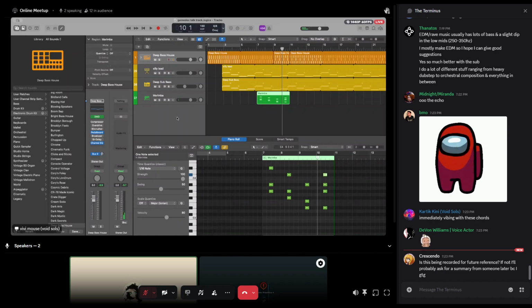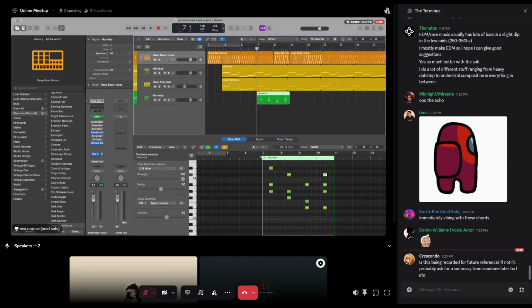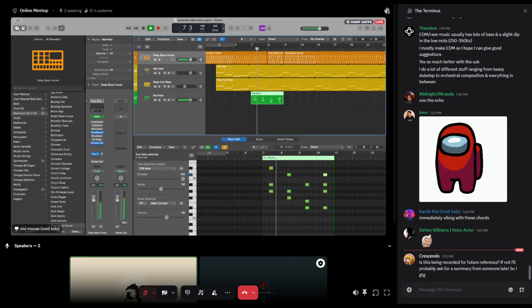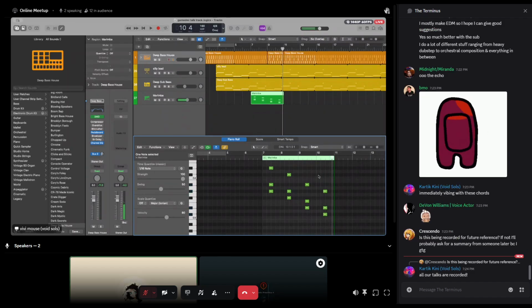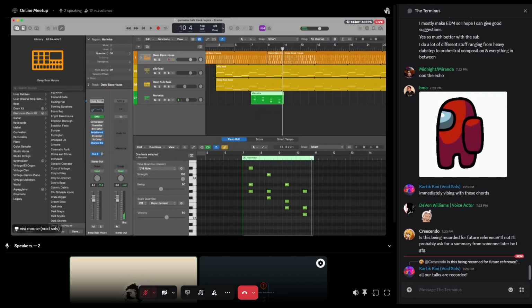The high mids are bad. Lows are bad. We want to get rid of that. We want to get rid of everything above 20K. I'm just doing my little baby mixing because I want it to not sound like complete garbage while I'm working on it. I don't like that last note. Yeah, just playing this thingy around.